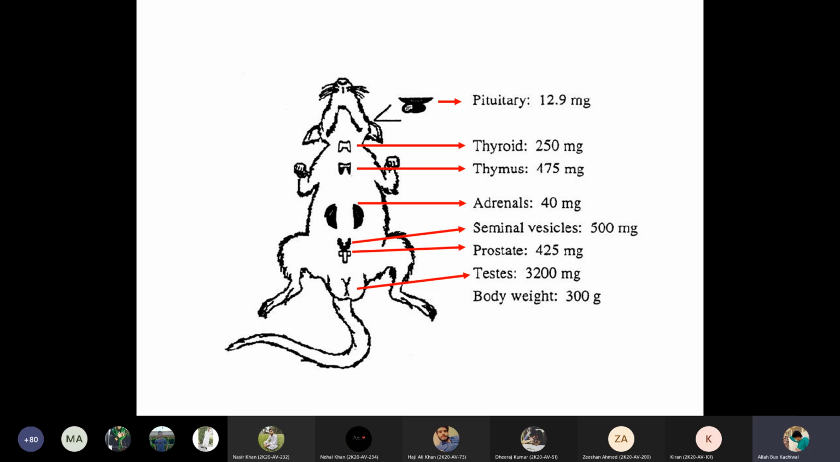अगर रेट का 300 ग्राम वेट है तो उसमें पिट्यूटरी ग्लैंड 12.9 मिलीग्राम निकलेगा, थायराइड ग्लैंड 250 मिलीग्राम निकलेगा, थायमस 475 मिलीग्राम निकलेगा, और इसके अलावा सेमिनियल वेजिकल 500 mg होगा। प्रोस्टेट ग्लैंड 425 mg होगा।